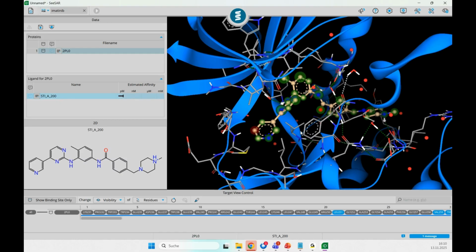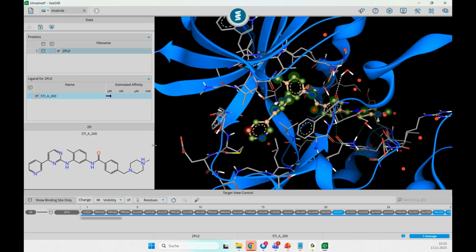Before we dive into each particular functionality, allow me to guide you through the most important features here. You can adjust the sizes of the windows using the left mouse key. At the bottom, we'll talk in a short about the target view control, and I would like to highlight the functionalities in this section. Namely, if you're interested what the latest update of SeeSAR included, you can click on this megaphone here